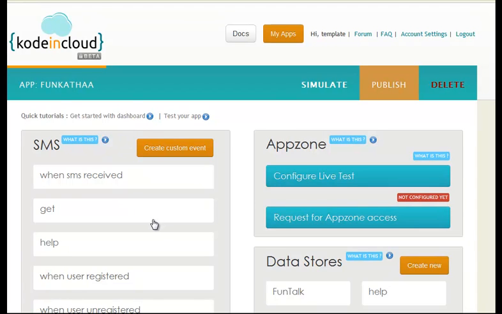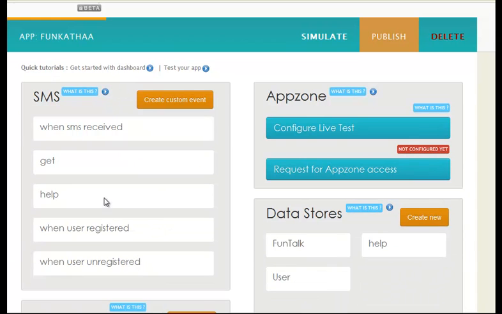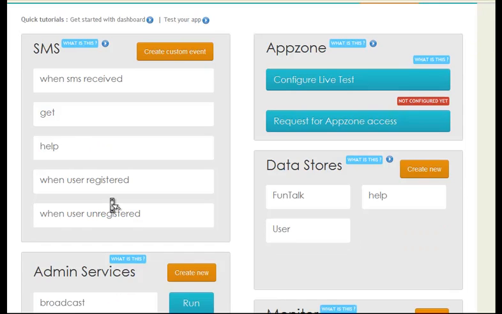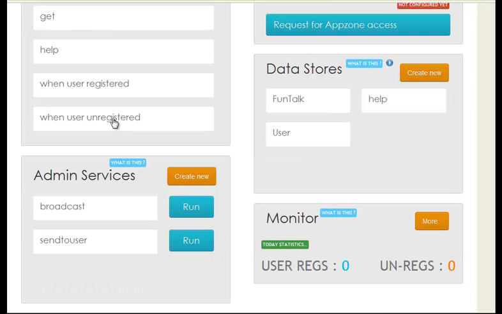Okay, in the same way you can use this help custom event as well, in the same way we use this get custom event. By clicking this tab you can see the logic we have defined under this custom event, and I'm not going to show you it because it's the same as other events. So what I'm going to show you now is how to use these admin services named